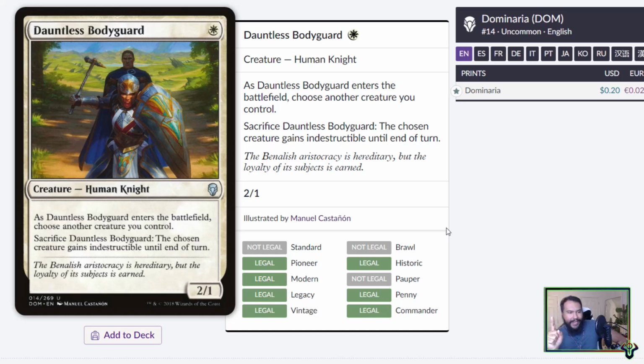Dauntless Bodyguard is fine, but it's not better than the Doggo. The Doggo can protect anything at any time, whereas Dauntless Bodyguard has to come down after the creature you want to protect, and it can only protect that creature. Yes, it does have an additional point of power, but as I said,